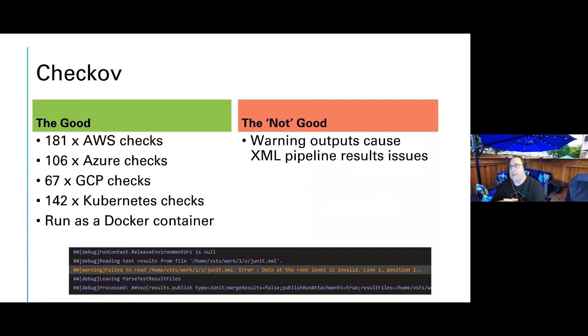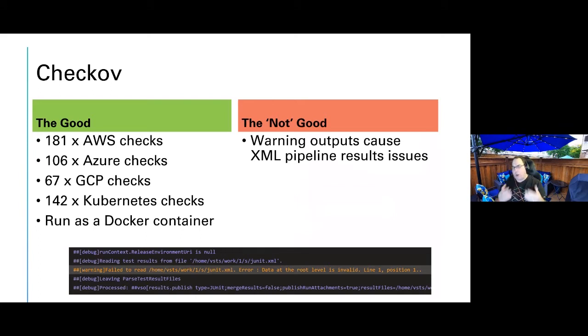So one thing that I found in my use of this tool is, depending on the code that you're scanning, and I'm going to reference specifically Terraform in my case, if there's an issue where your Terraform code is trying to reference a module that it can't resolve or something to that effect, in the output in the console, and therefore in the output when you're capturing the results, it'll have these warnings.